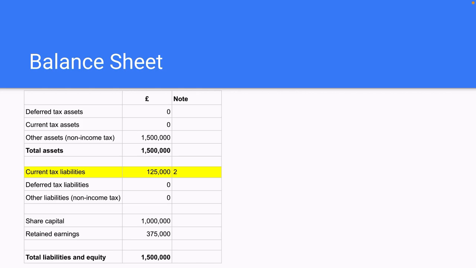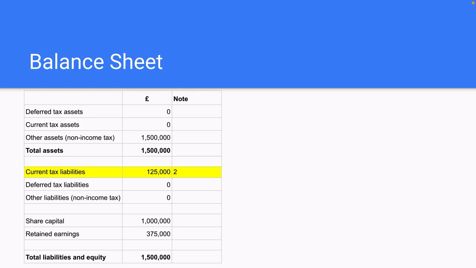So the next one we will look at is the balance sheet. There are several assets, there are several liabilities here, and you've got the share capital and retained earnings. Again, the focus here is on tax, and the only tax number here is the current tax liabilities. You can see that it's a balance of